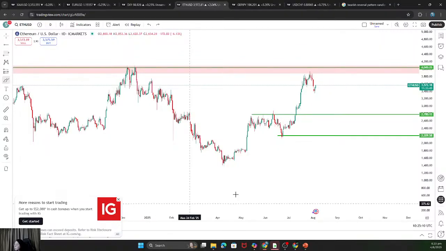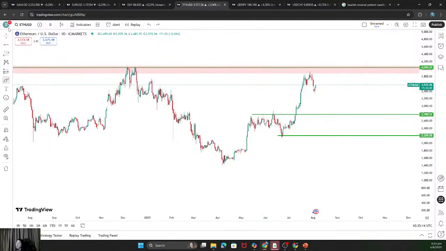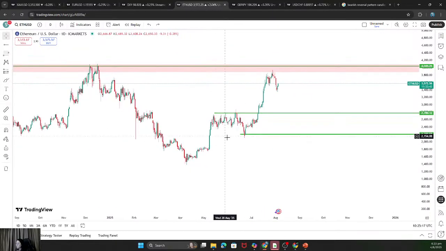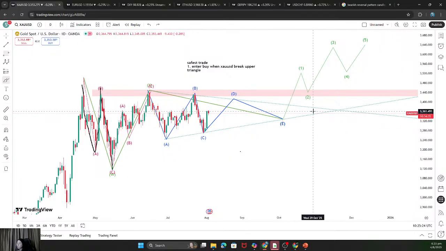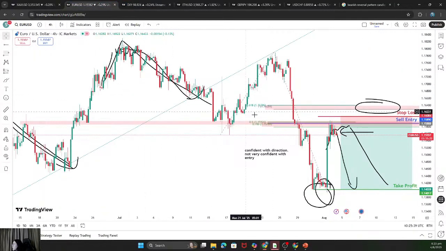ETHUSD forming wave 4 is possible because the last time I did analysis it was on wave 3, so it's very possible that it's on wave 4, right? It could possibly be on wave 4. I know one thing for sure. XAUUSD is definitely on wave 4, right? It's been going sideways from the 22nd of April. I am very, very confident. Like I'm 95% confident that XAUUSD,